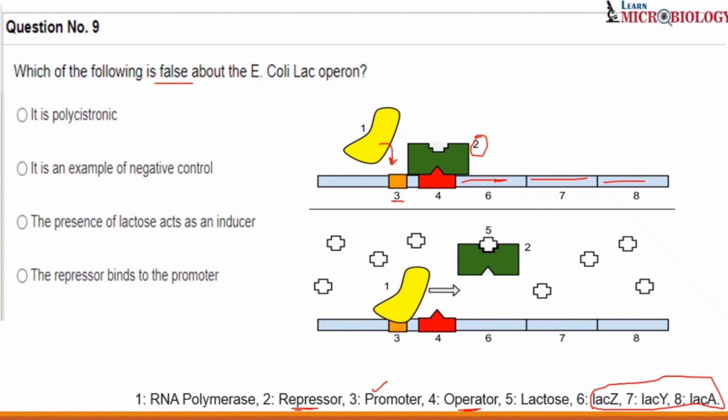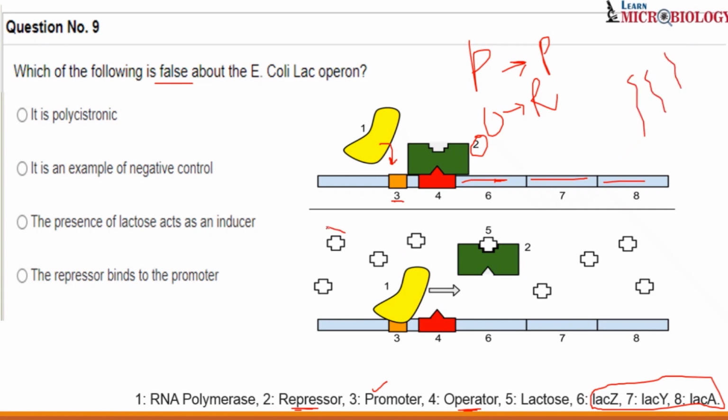Promoter, who binds? RNA polymerase. Remember, polymerase will bind to the promoter, and the operator is bound by the repressor. Very simple. Okay. So as we know, this lac operon is negatively regulated. We all know that, because there is always a repressor on the operator, so the RNA polymerase cannot bind to the promoter and cannot transcribe the genes. It cannot give all our 3 structural proteins, correct?